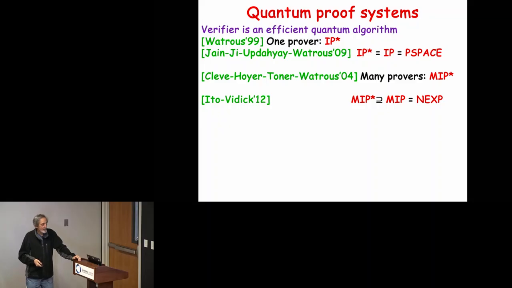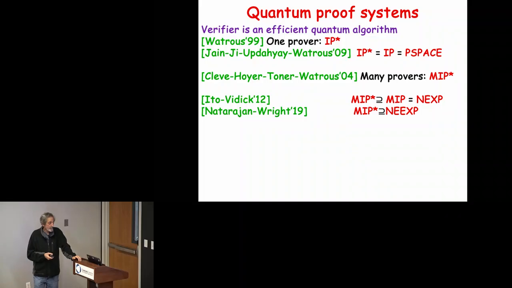And then, people believed that soon you will get, like in the single prover case, equality. But in fact, several years later, these guys proved that you can do much more than in classical multi-prover systems. Even doubly exponential time problems can be proved to an efficient verifier in this model. And then it was not clear where it was going to stop. And it stopped in an amazing place.